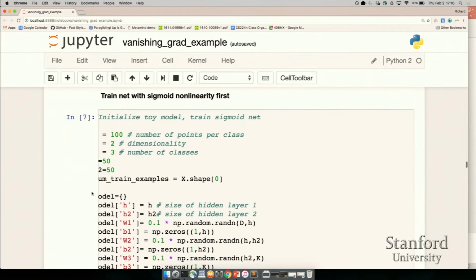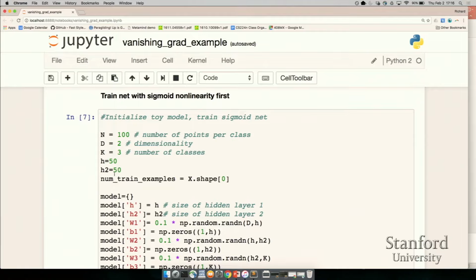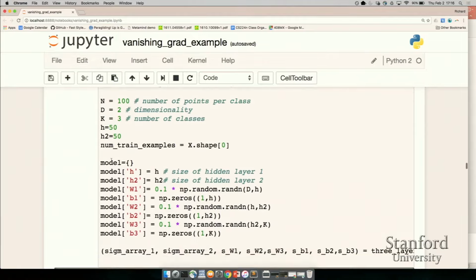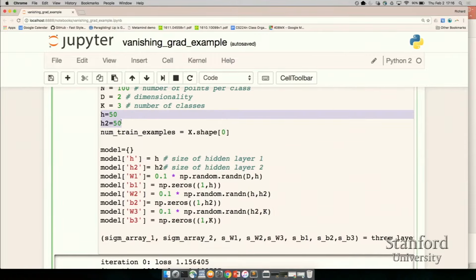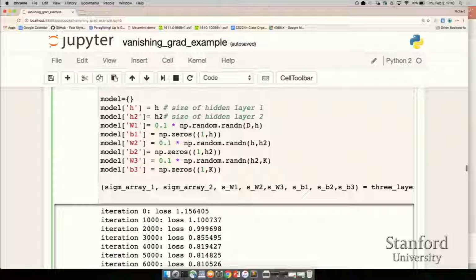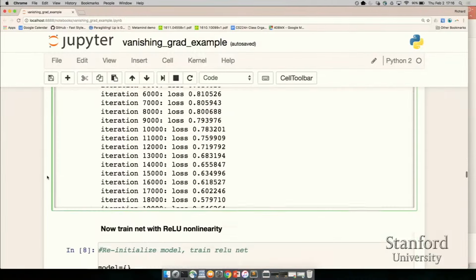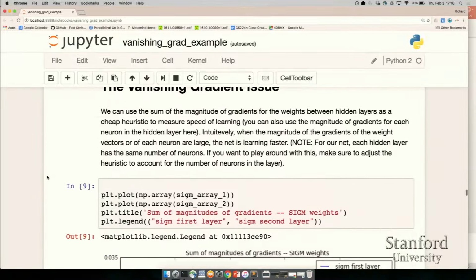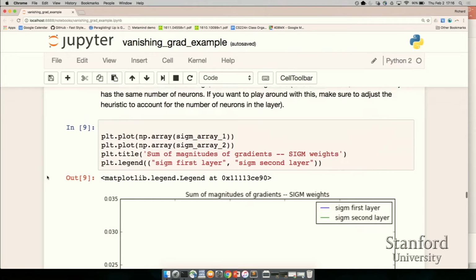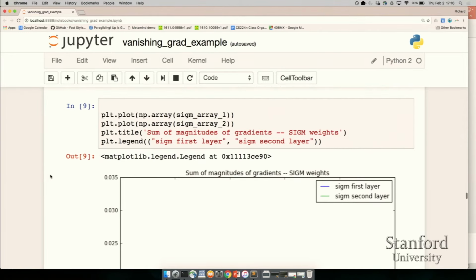All right, now we're going to initialize all the dimensionality. So we have here just our two-dimensional inputs, 3 classes. We compute our hidden sizes of the hidden vectors. Let's say they're 50. It's pretty large. And now we can run this. All right, we'll train it with both sigmoids and rectified linear units. And now, once we want to analyze what's going on, we can essentially plot the